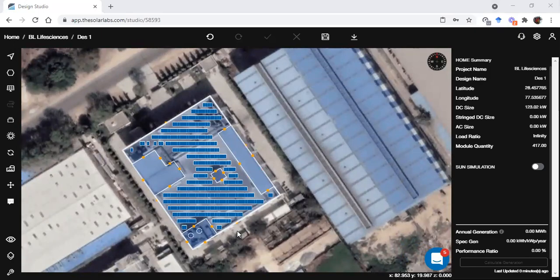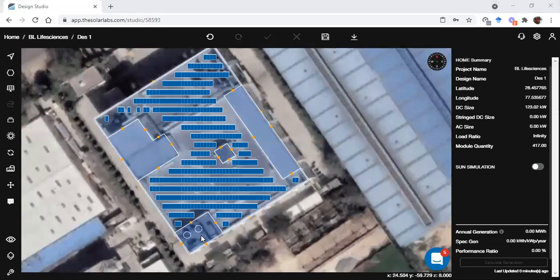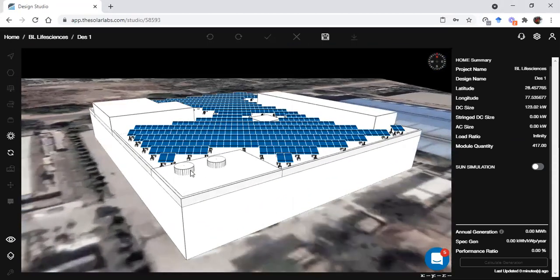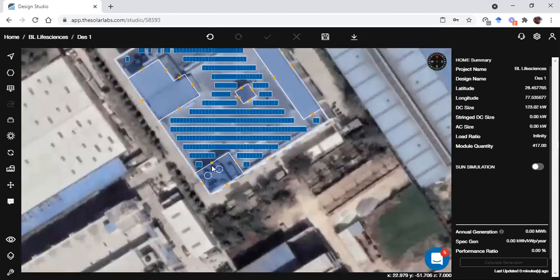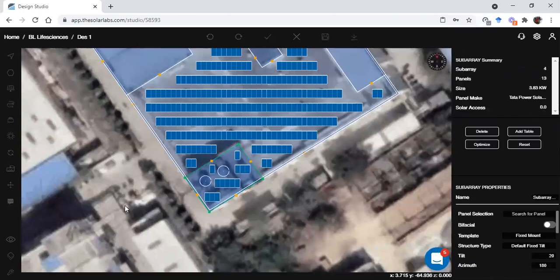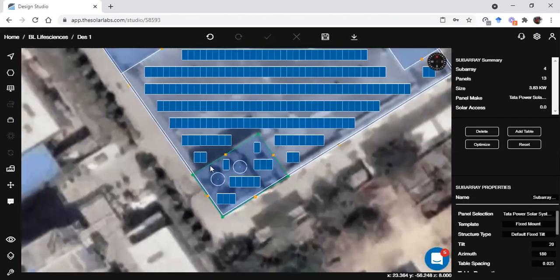So what this ignore option is, like here, if I show you in 3D, you can see there are two tanks on this mounting. If I place panels here using the fill face option, you can see it is ignoring this particular area where there are tanks.